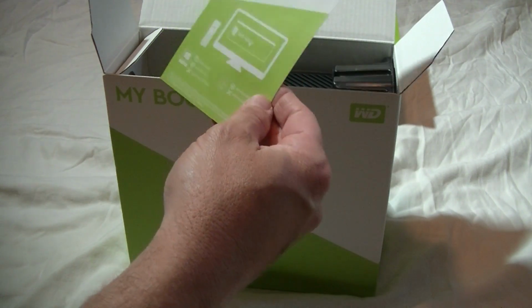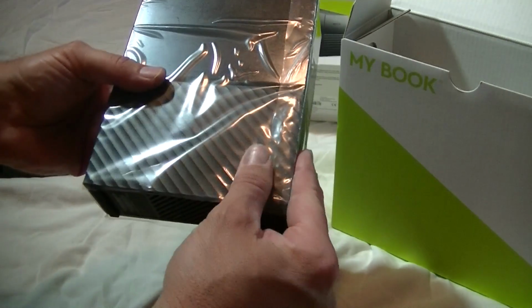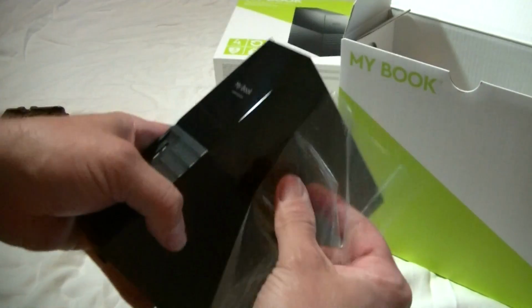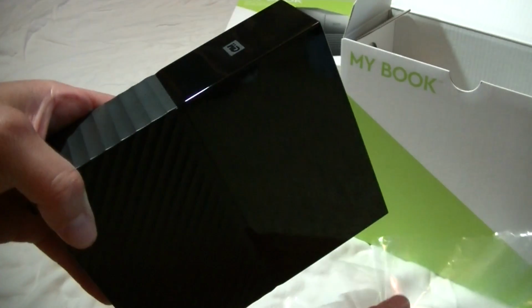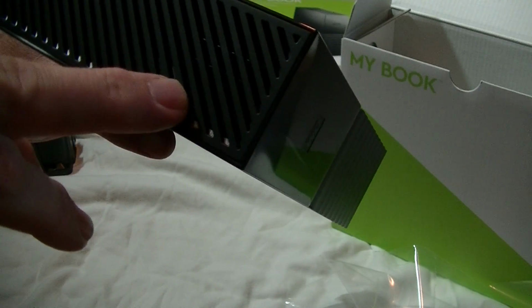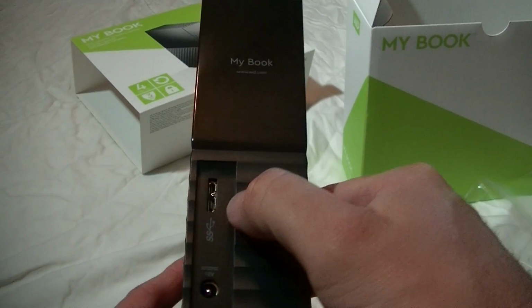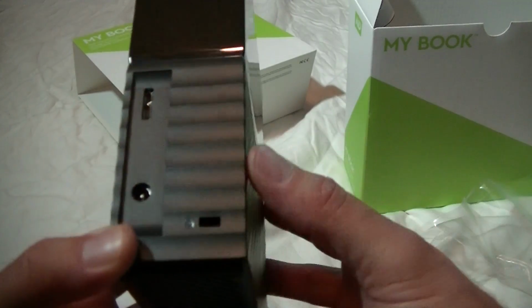First thing on top is a hello and welcome card with a website to go to for installation assistance. Fairly nice looking case. Essentially what you have in here is just a 3.5 inch serial ATA hard drive. This model is equipped with the SuperSpeed USB, 12 volt port power supply, and it has the